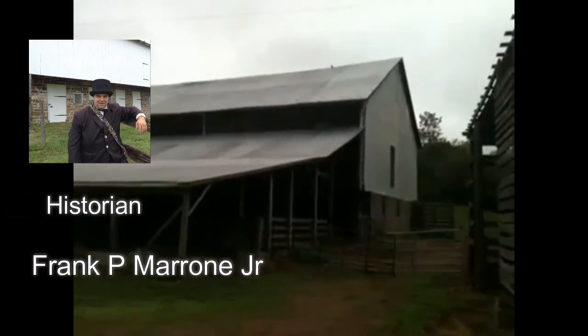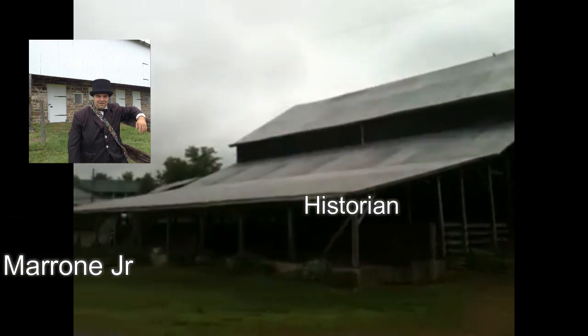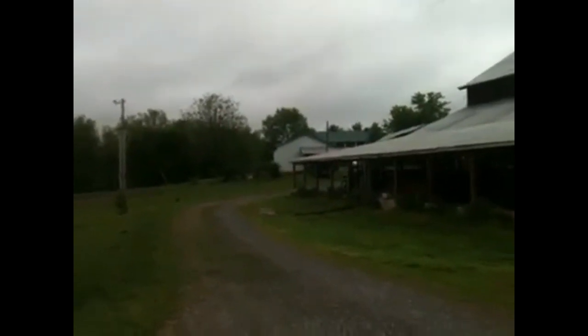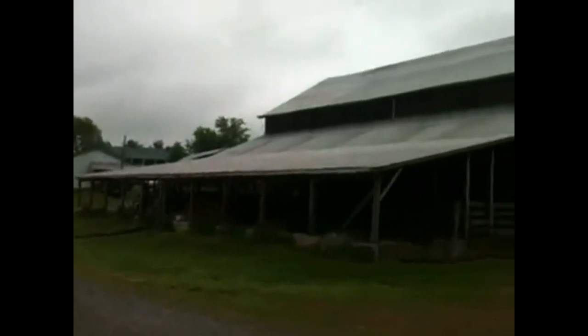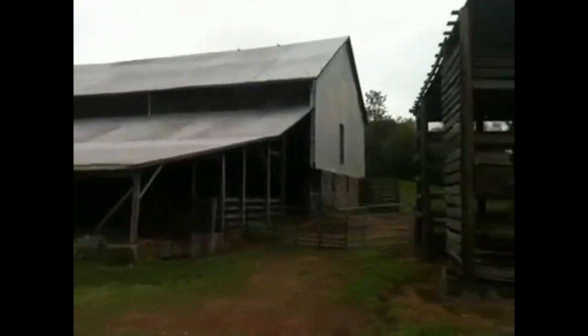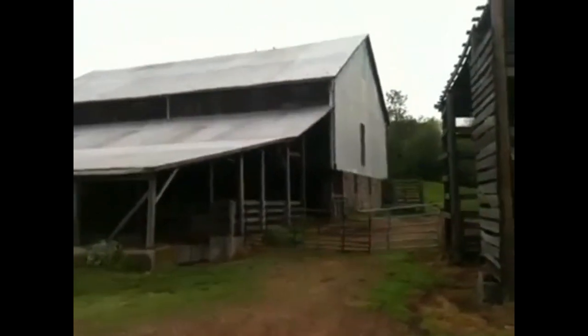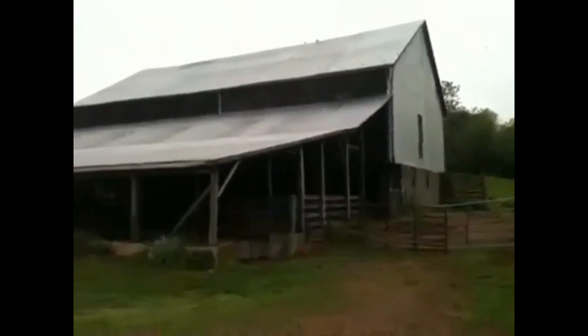A special treat for everyone today. We are standing here on the Michael Trostle farm, and I did just speak with the owner, Sam. So even though this is private property, he did allow me to come out here and do some pictures and video. This was the field hospital for the 1st, 2nd, 5th, and 6th Corps, mainly the 6th Corps, just following